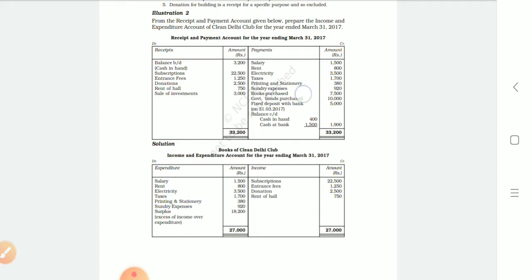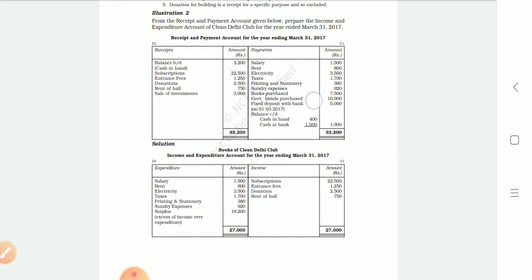Books, however, is an asset. You purchase books and you use it for more than a year. It's like books in the library, in our school library, isn't it? It is accounted, recorded, and it is there in the library for more than 3 to 4 years. So books come under fixed assets. It will be reflected in the asset side of the balance sheet.